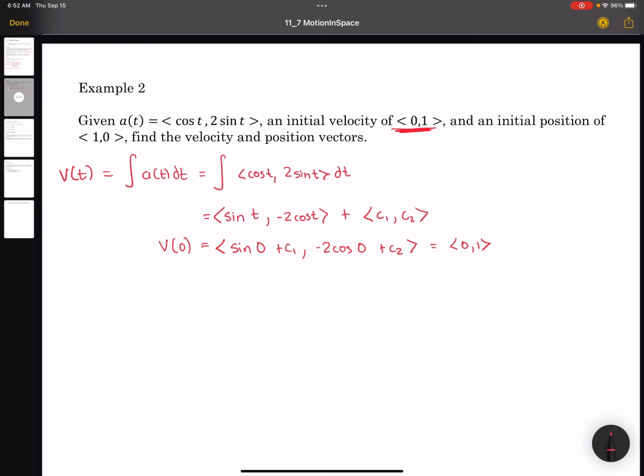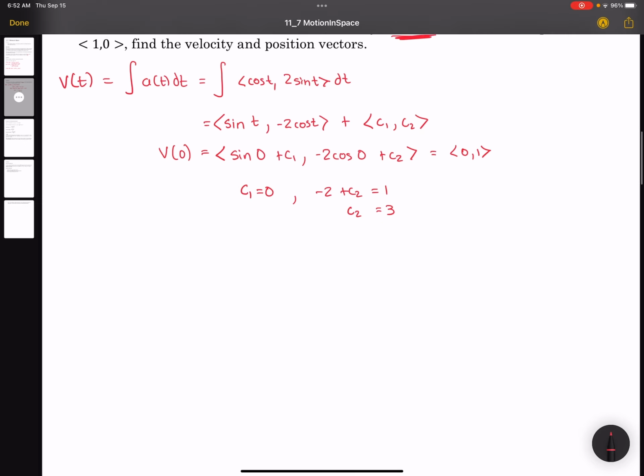So sine of 0 is 0, so this is going to imply that C1 equals 0, and then negative 2 times cosine of 0 is negative 2 plus C2. So we also get negative 2 plus C2 is equal to 1, which is going to imply that C2 equals 3. So our specific velocity function here is velocity is, as a vector,